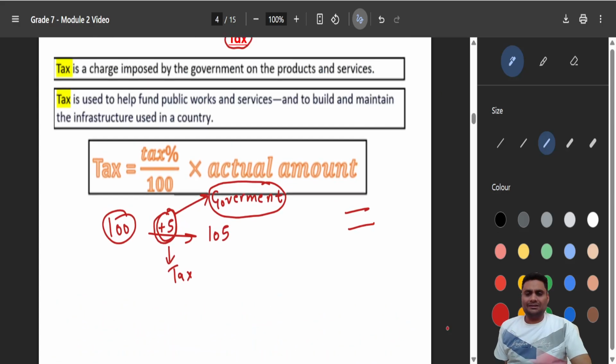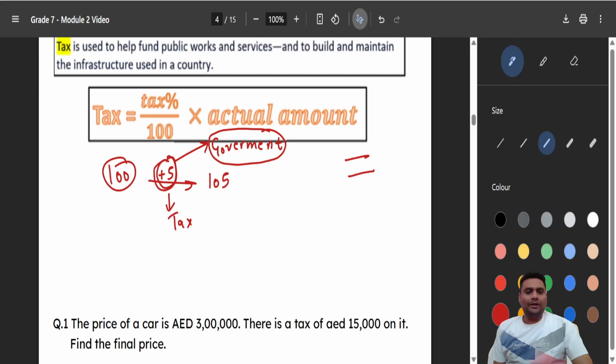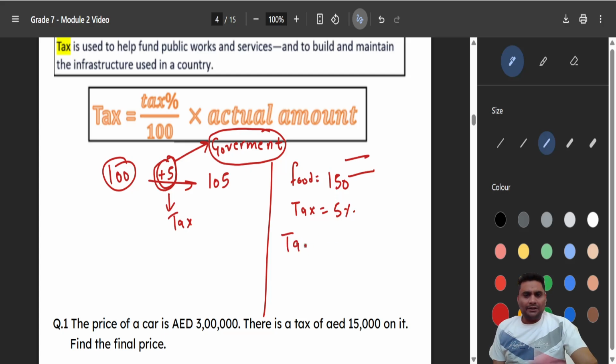Okay. Now in the UAE, the tax amount is 5%. So let us understand it with the help of an example. Let's say you went to a restaurant and you ate some food. The food was of, let's say, 150 dirhams. After eating the food, when you asked for the bill, they said, sir, the tax is 5%. So you have to pay the 5% tax also, which will go to the government. So I asked, okay, I will pay in dirhams, not in percentage, right? So please change this percentage into dirham for me. He said, no problem, sir. The tax amount will be